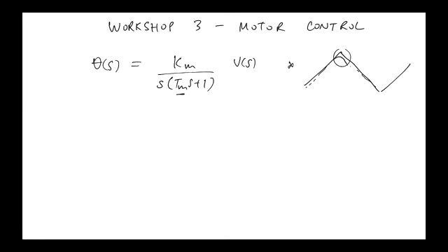The open loop control approach is really about trying to invert the model. We want theta to follow a reference signal, theta ref. So if we make the voltage be related to our reference signal, theta ref, in the way shown here,